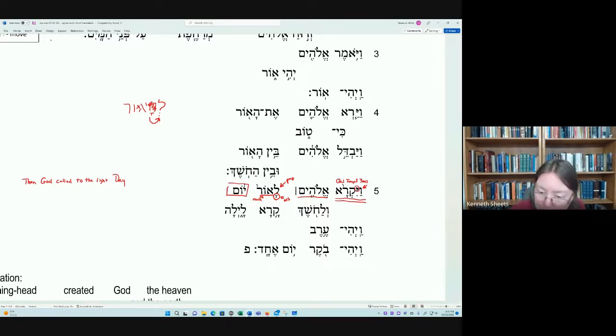And you can see there's our conjunction. So here's our conjunction. And then you also have the lamed preposition right there. And then notice too, we have the article on the word choshek. So again, in this instance,